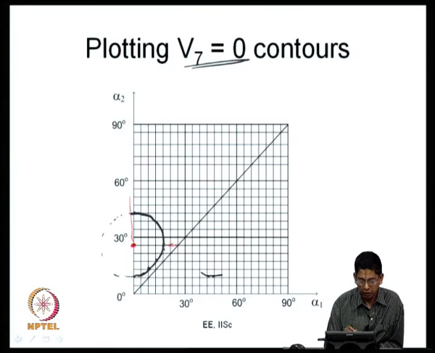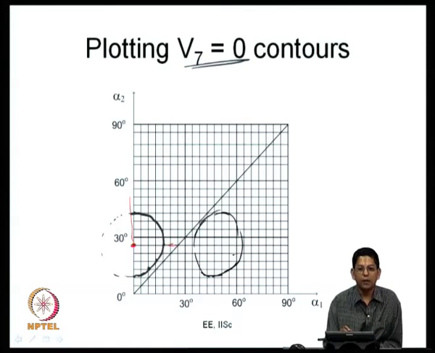So, this is 25.7. This will further get shifted here. So, you may get some kind of curve like this, which you can shift to the right by 100 degrees. This curve is not within our region of interest, because it comes in a range where alpha 1 is greater than alpha 2, which is not possible for us now.